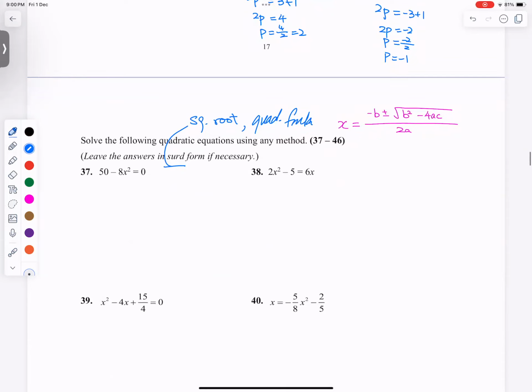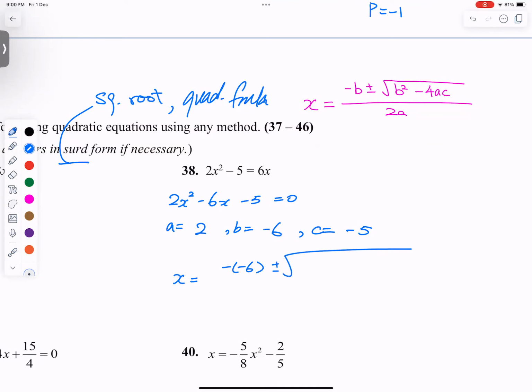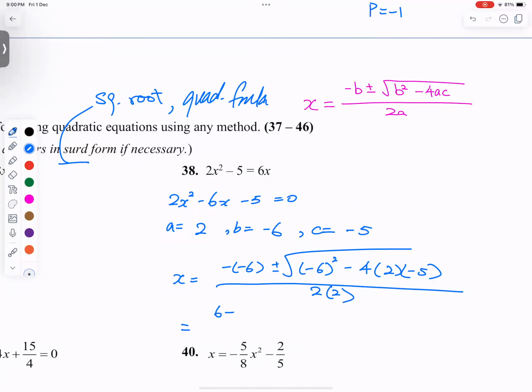So first of all, make sure you move everything to one side so it equals 0. And then find your A, B, C, and then start doing it. A equals 2, B is -6, C is -5, and then x equals -(-6) plus minus square root of (-6) squared, minus 4 times 2 times -5, over 2 times 2. And then it's positive 6, and then